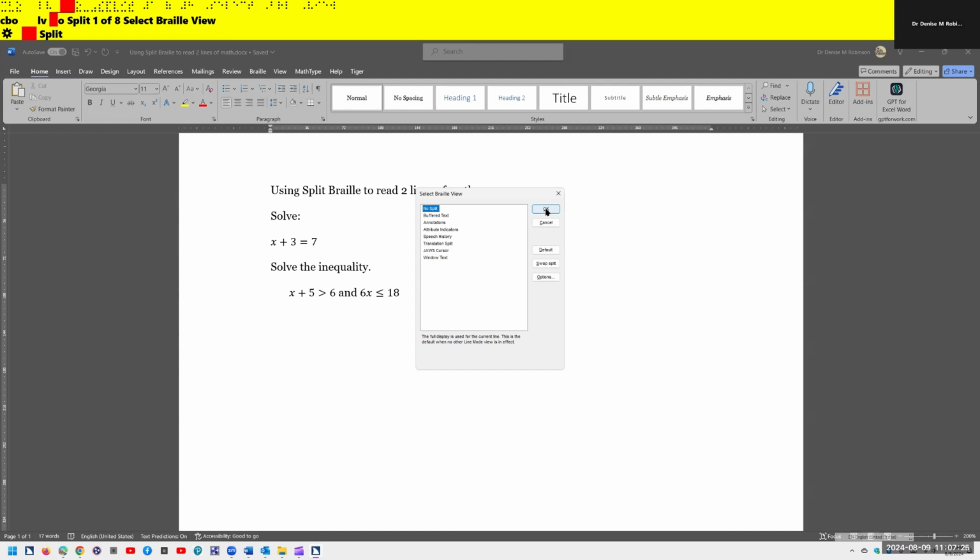I'm going to down arrow to buffered text. Now, my original math problem is going to be on the right-hand side of my Braille display. If you prefer to read it on the left-hand side, you can Alt S to swap split. But I'm going to keep it so it's on the right-hand side and then I'm solving my math on the